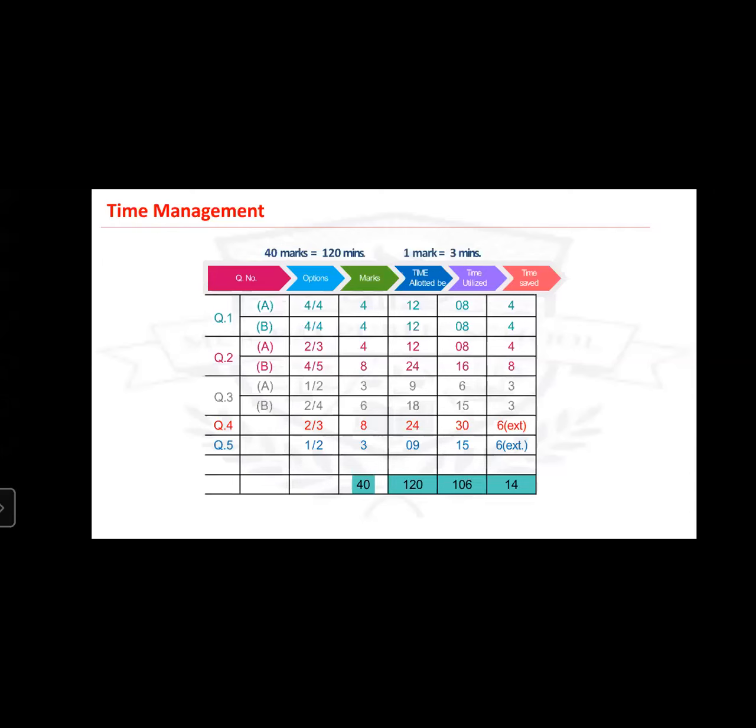Question number 3 again has A and B parts. A is an activity type question, and B is solve the following questions. Question 4 and question 5 are seen and unseen questions, and challenging type questions. So here, see,